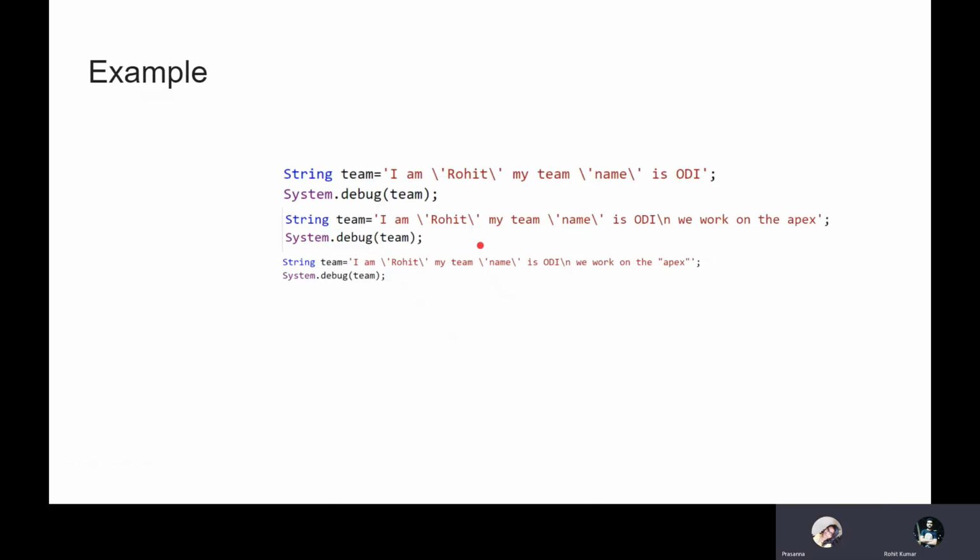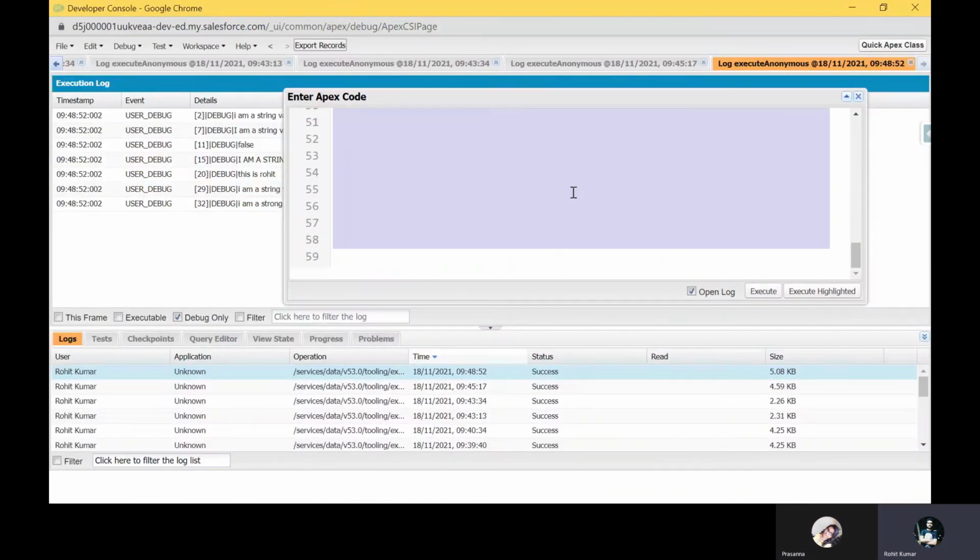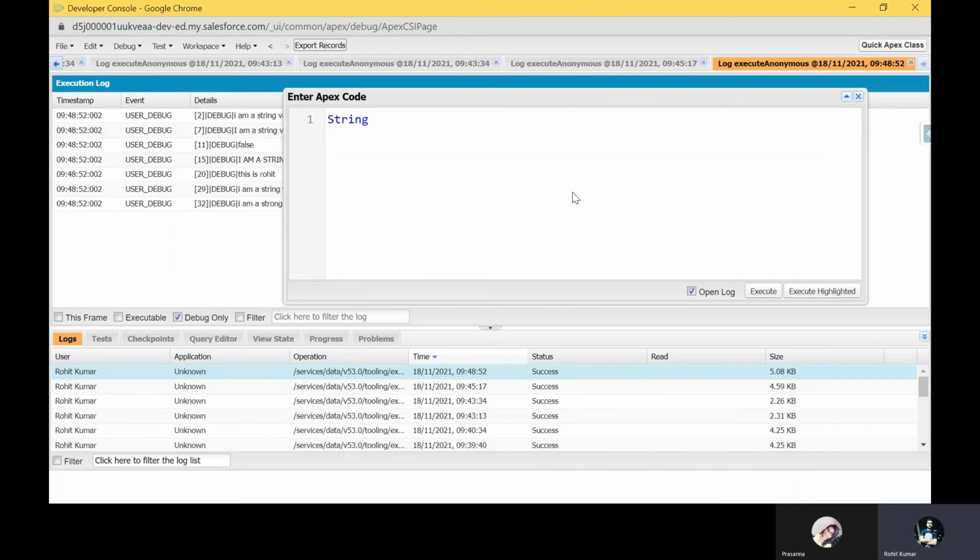So let me show you one example. Here you can see I want to use a single quote in a string. So how to use that? Let me remove all these things, and I have one string, str equal to 'my name is Rohit'. How do I put a single quote?